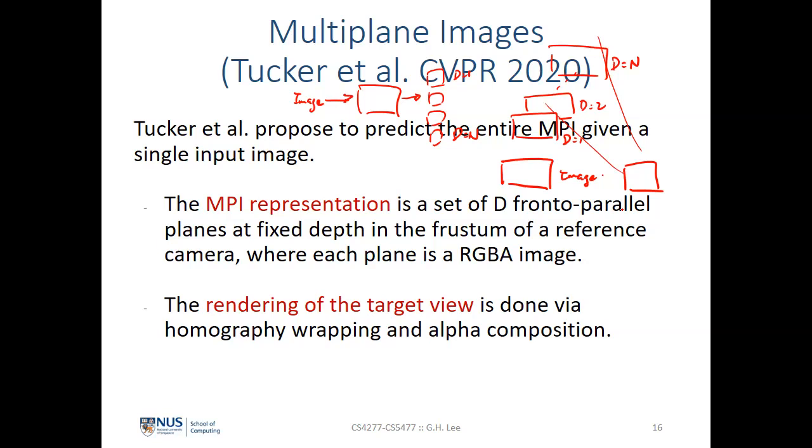Otherwise, if you just take one plane and project it back onto the novel view, you will get very flat images. You won't get the kind of depth, or you won't be that realistic. You see, the shadings and all this won't be there anymore. So this is basically the idea behind multiplane